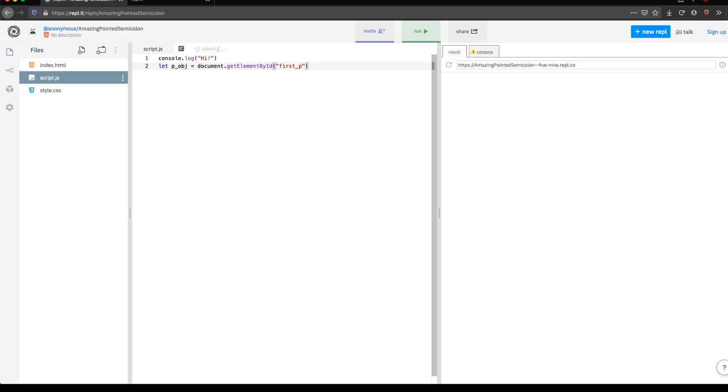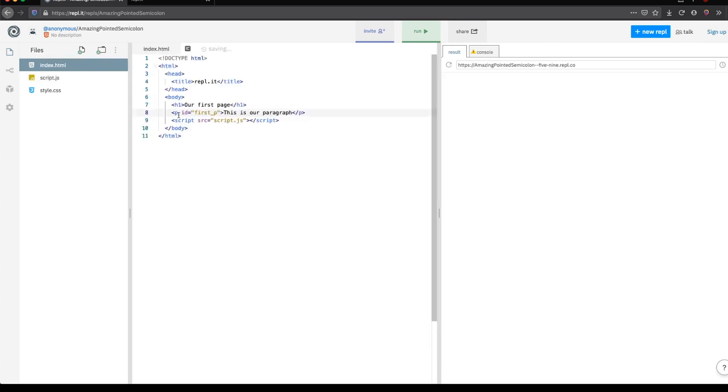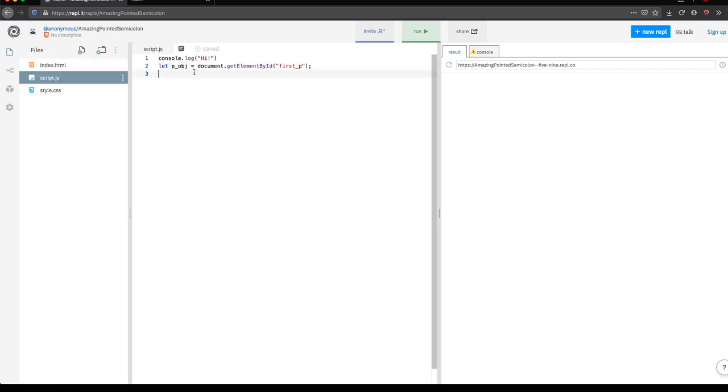And I'm going to say first P. And so what that's going to do is that's actually going to run this page. When we run the page, it'll get to that script tag. It'll run this JavaScript. It'll load this JavaScript, start to run it, and it will let pObj get an object that represents that paragraph in our